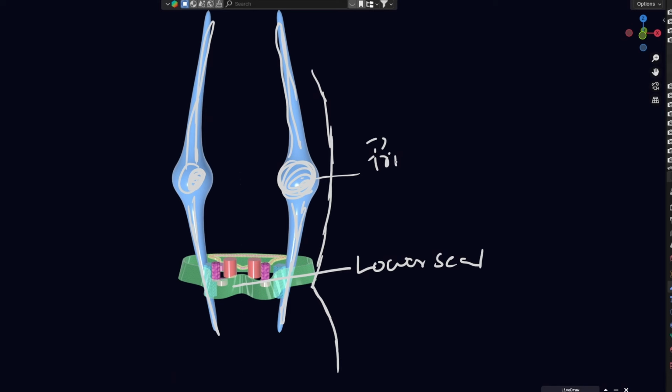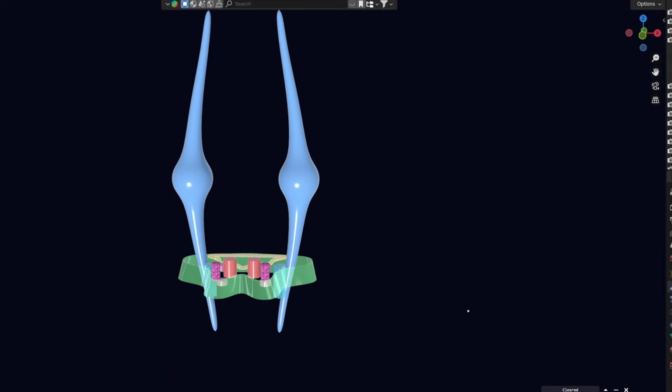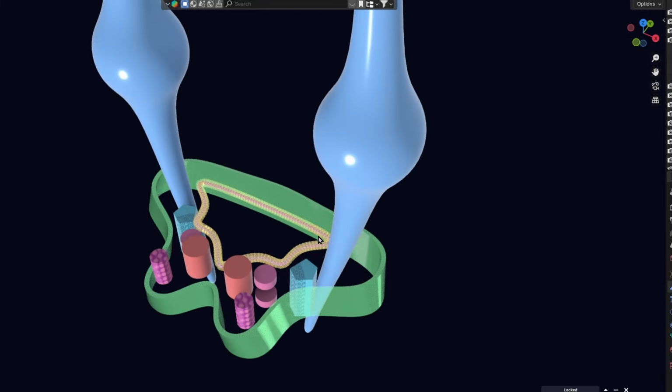Let's write it like this: it is the sensory nuclear complex. All these three are the sensory nuclear complex of the trigeminal nerve, which consists of the principal, mesencephalic, and the spinal nucleus, right? So this is the general somatic efferent nucleus,